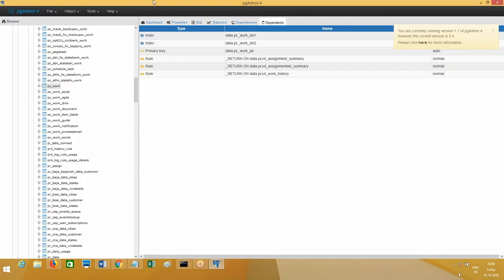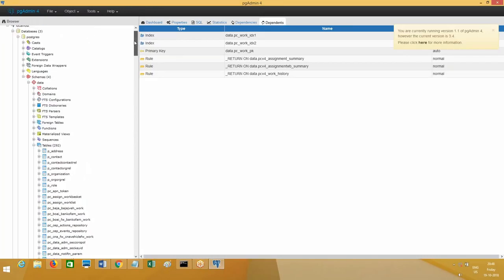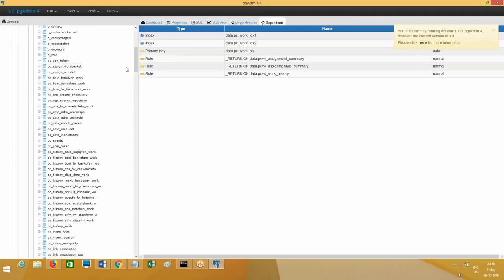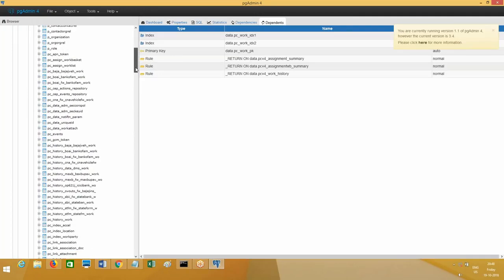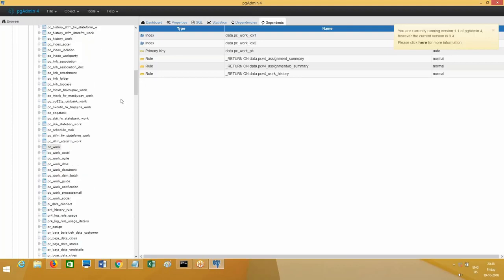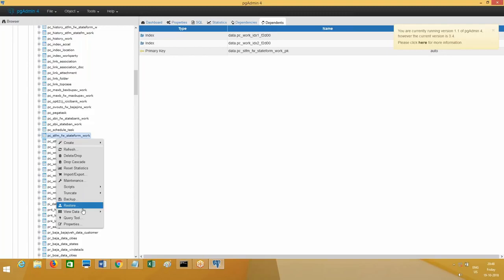Now, in our application, work objects are getting stored into PC underscore. What is that? It will start with S, right? PC_STATEFORM_. This is the table. View data top 100 rows.